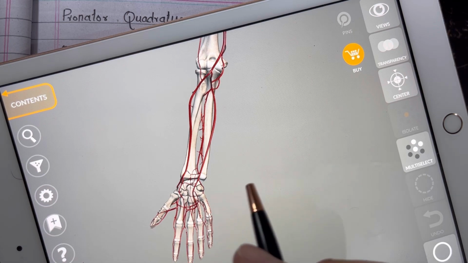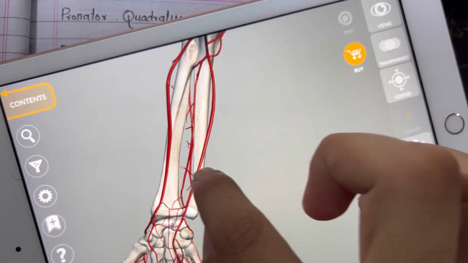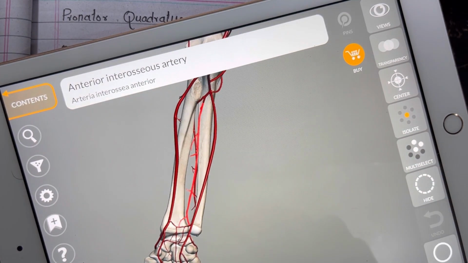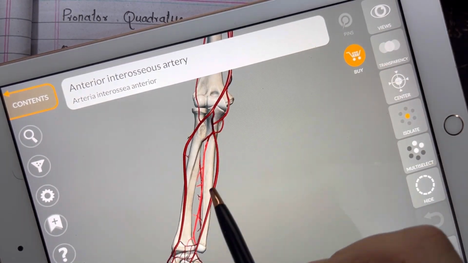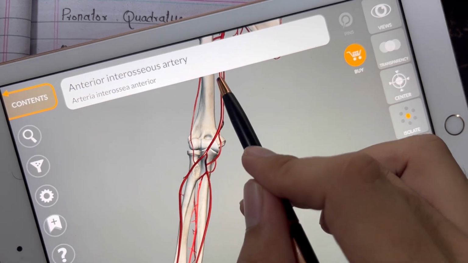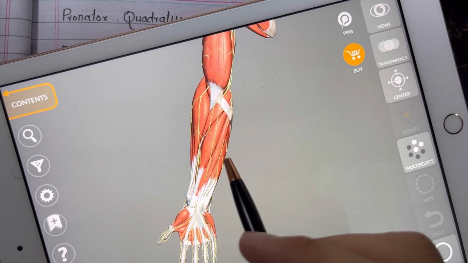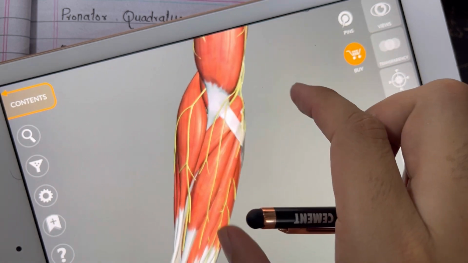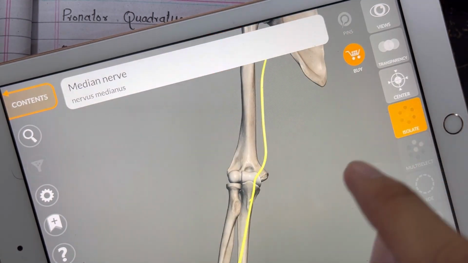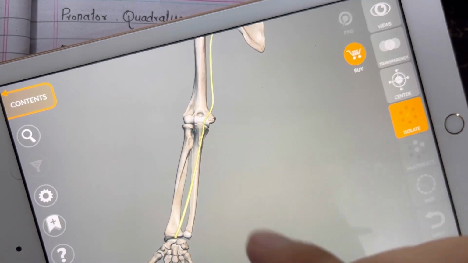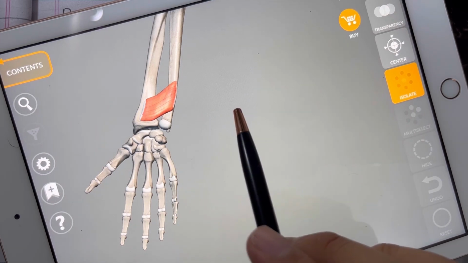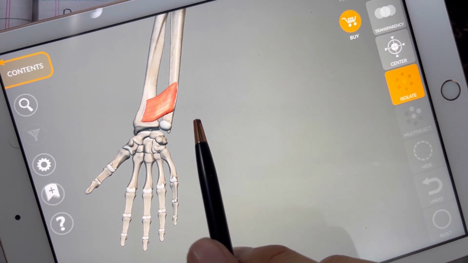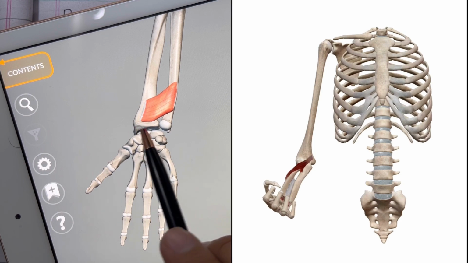Now student, the pronator quadratus muscle is supplied by the anterior interosseous artery. Student, the anterior interosseous artery is the branch of the ulnar artery, and the ulnar artery originates from the brachial artery. Now student, moving toward the innervation of the pronator quadratus muscle. So the pronator quadratus muscle is innervated by the median nerve. This is the median nerve, and here it innervates the pronator quadratus muscle. Now student, the pronator quadratus muscle, as its name indicates, plays an important role in the pronation of the